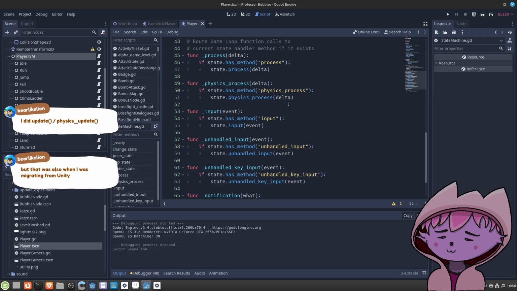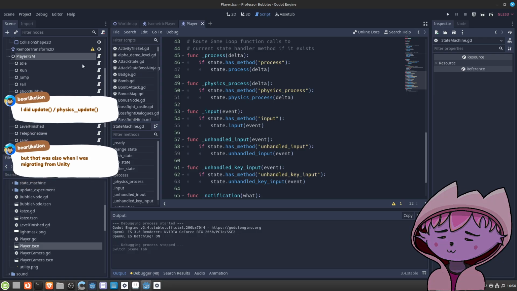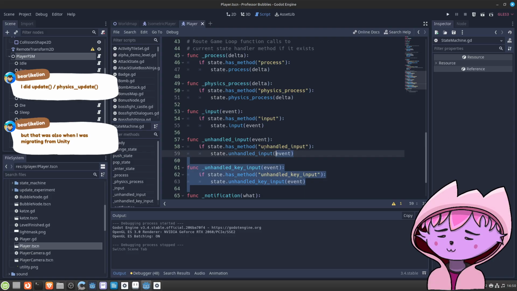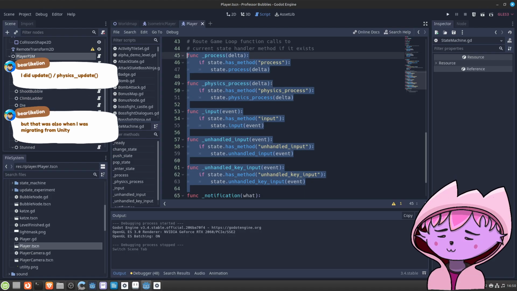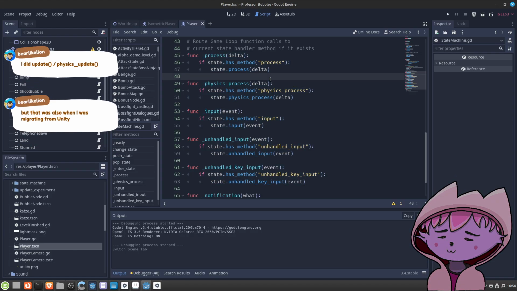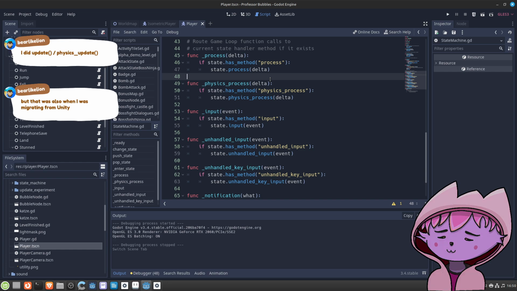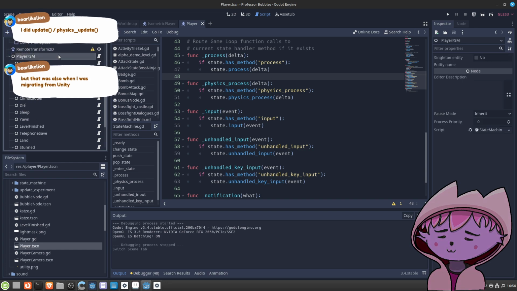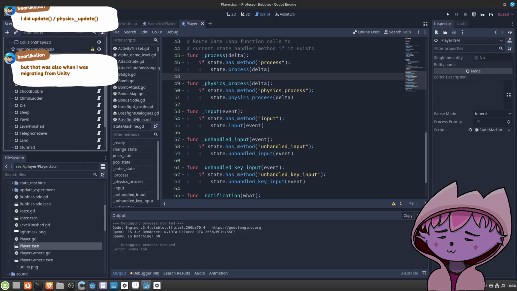Well, I was also thinking, if we would say we don't take this approach, would it be somehow a bad idea to spawn the states?